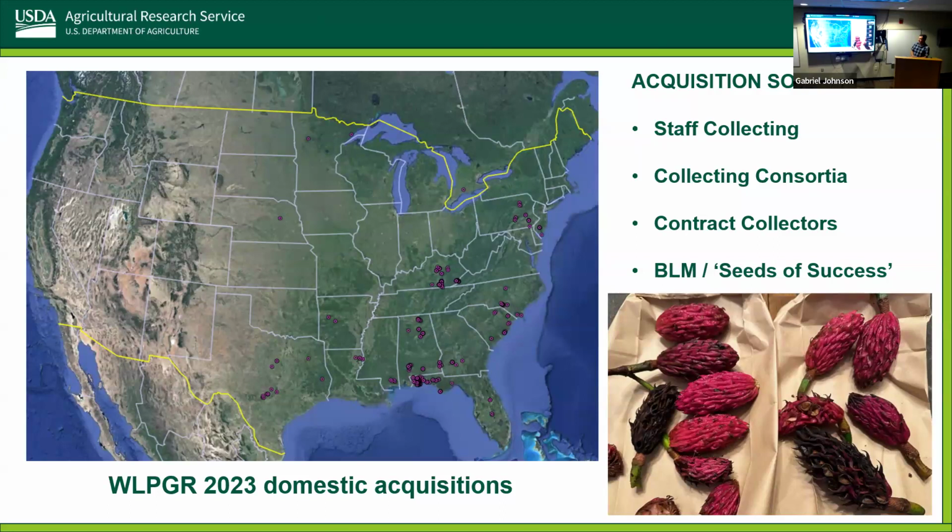This is a look at the accessions that we received just in the last calendar year. Most seed activities happen all at once in about a 2 or 3 month period starting in September. So it's kind of a frantic window of going to collect or receiving seeds and getting them processed and banked in a timely fashion. So our staff can do maybe 1 or 2 trips during that window, but for the